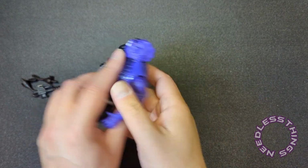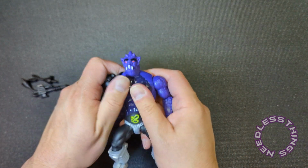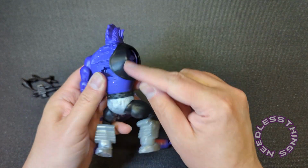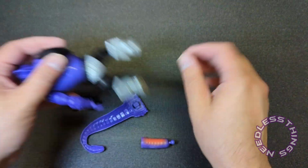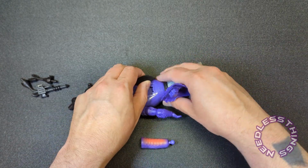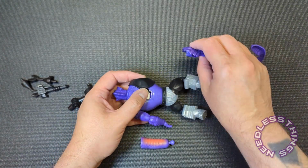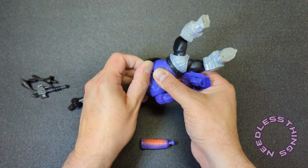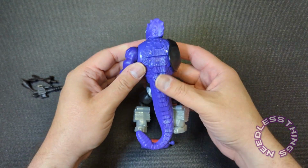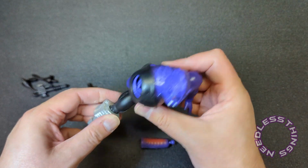Okay, oh, I just love this. So we've got Trapjaw's arm over here. Oh, interesting. So the shield, this shoulder piece, is attached. So you're going to have to slide his little tail business underneath that, because surely it's not going to go on top of it. How is this going to work? Just like that. Okay, cool. So we've got some whiplash here. We've got